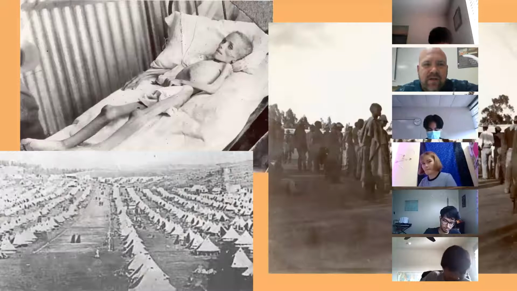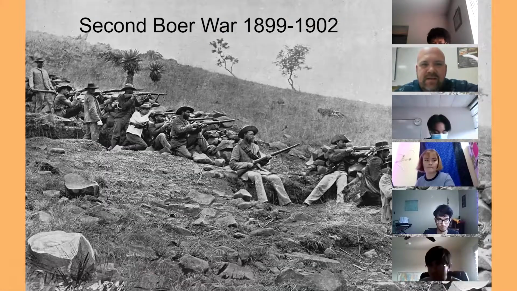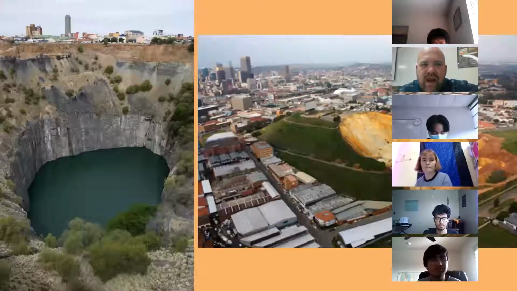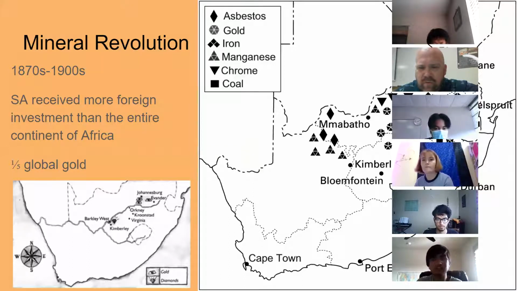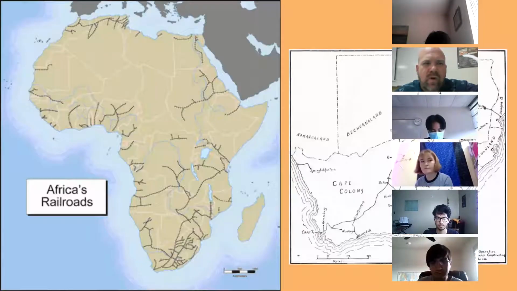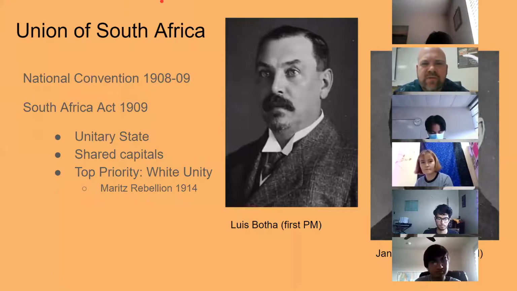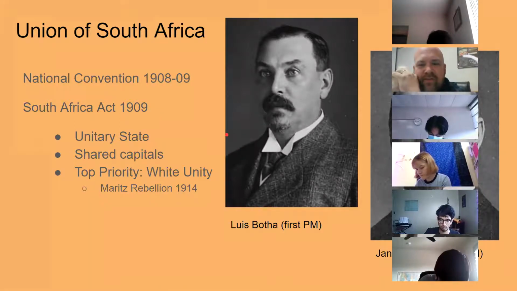All right. So we're gonna call K... We did the mineral revolution before the war, right? Okay. So we're gonna call K the Union of South Africa. All right. So big number K, the Union of South Africa. When the Second Boer War comes to an end in 1902,